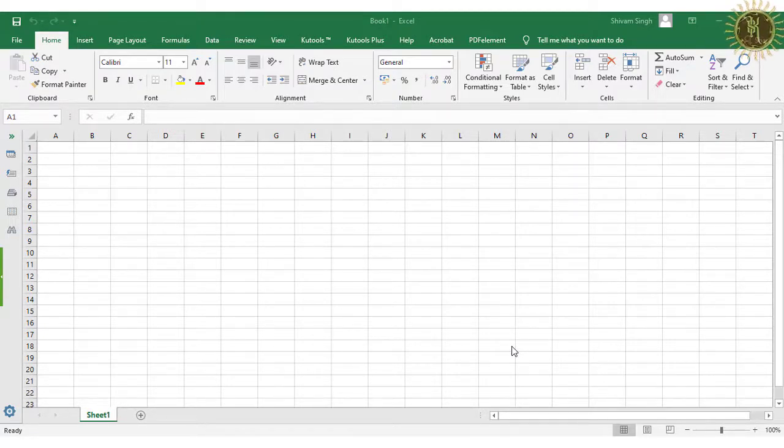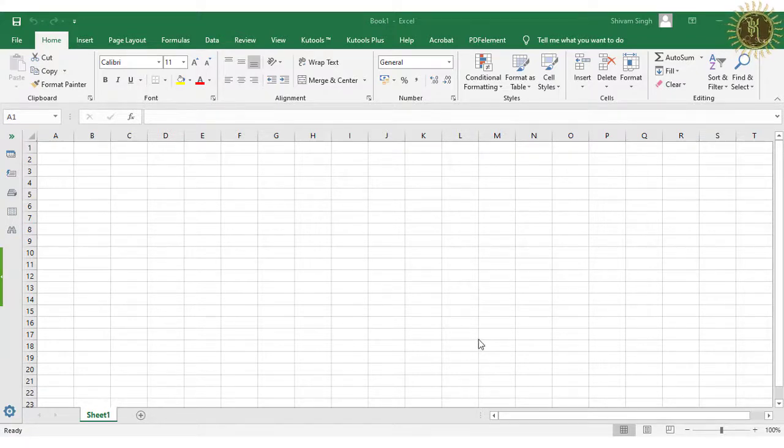Also you can select an entire row, entire column, and an entire worksheet. To do this, you have to take the help of the mouse or keyboard, or you can use a combination of keyboard and mouse. So let us see how to select cells in different methods.